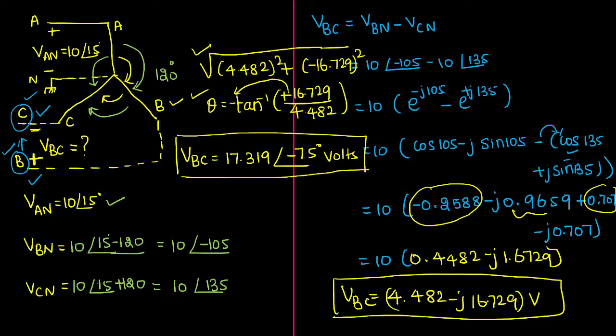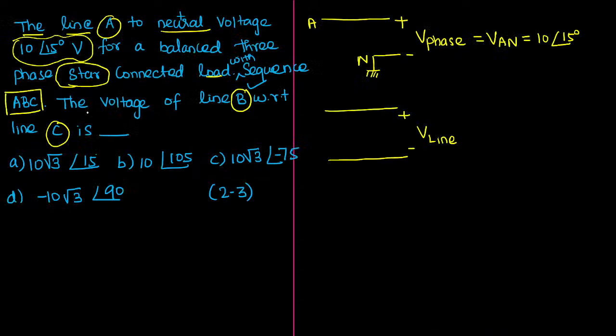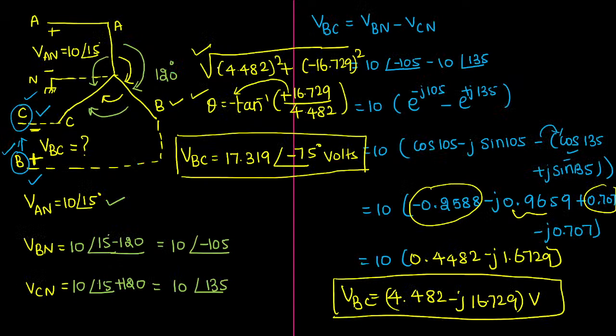Basically they requested us to estimate the value of VBC. What was given was only the value of the phase voltage. But what I have done is bring the relation between A, B, C. Now, will you be able to find out all the other voltages or not? Now you know how to calculate the VBC, right? Now you can try calculating the value of